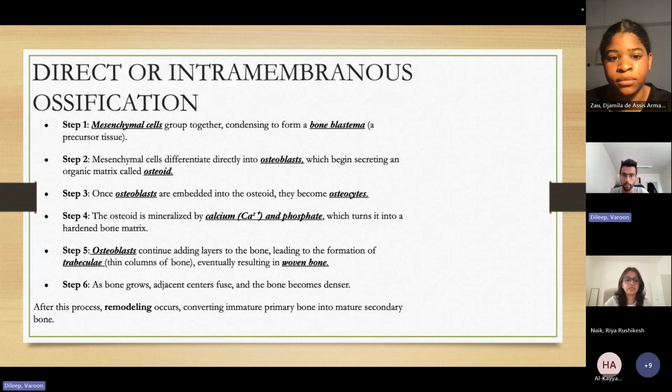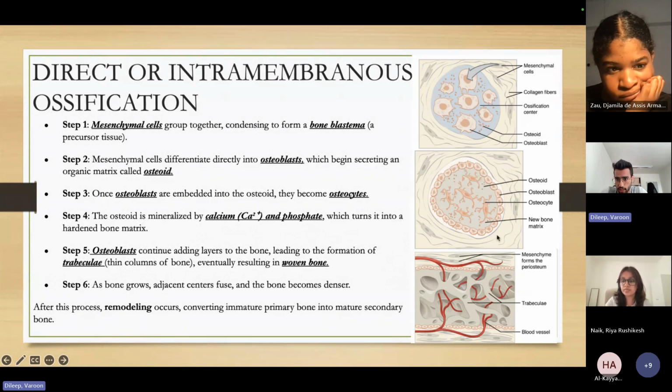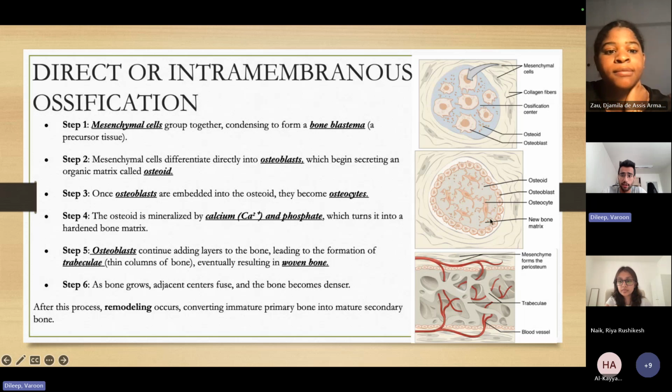So now to help it make more sense, we can look at these images. First of all, as I said, these mesenchymal cells differentiate into osteoblasts, these cells. And then these osteoblasts secrete the matrix called osteoid here. And now, as you can see, the osteoblasts are outside and there are some which remain inside as well. The ones which remain inside convert into osteocytes. And here we said the new bone matrix, which is the calcium and the phosphate. And once all of this comes together, they form these columns called trabeculae,